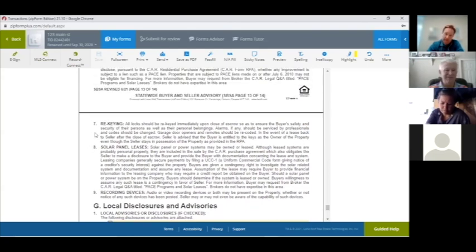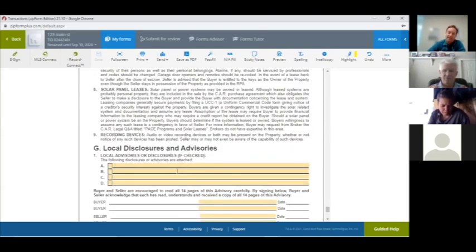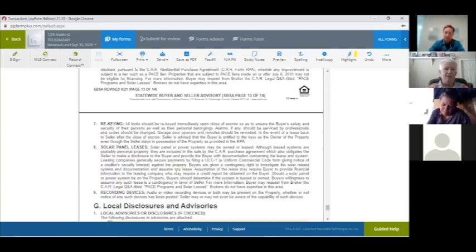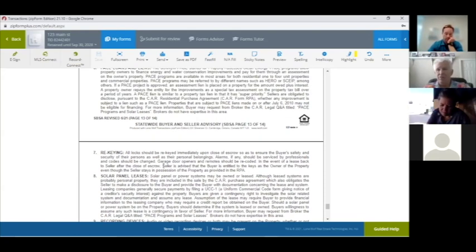Yeah, they added one. Hey, here's a question for you, Richard. I just noticed this on the SBSA, they have a rekeying. All locks should be rekeyed immediately upon close of escrow to ensure buyer safety. So if they're acknowledging this already, do we need our separate rekeying disclosure form? Well, the answer I was given on that was yes, and more is always better than not enough, because they'll probably say, that was so long, I just signed it and I didn't read it. So yes, does it cover you? It sure does. But that separate rekey, which is just one little quick page that you read in 10 seconds,